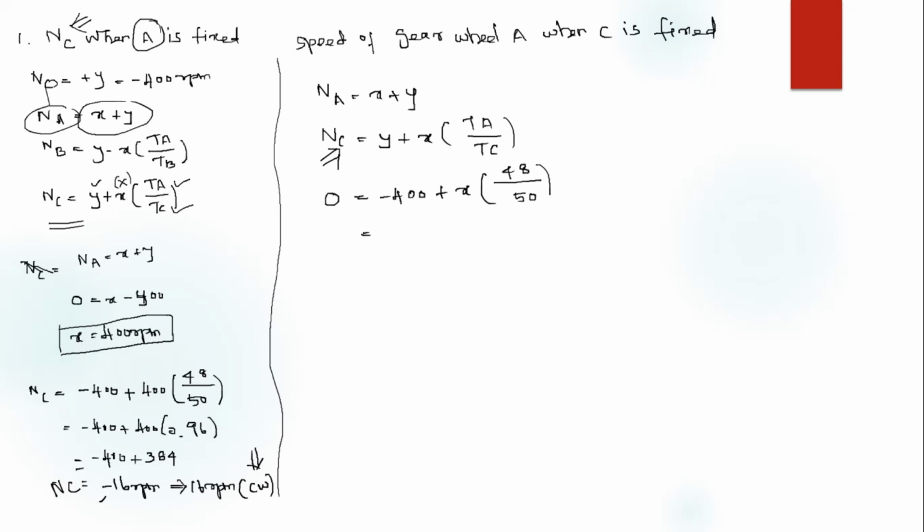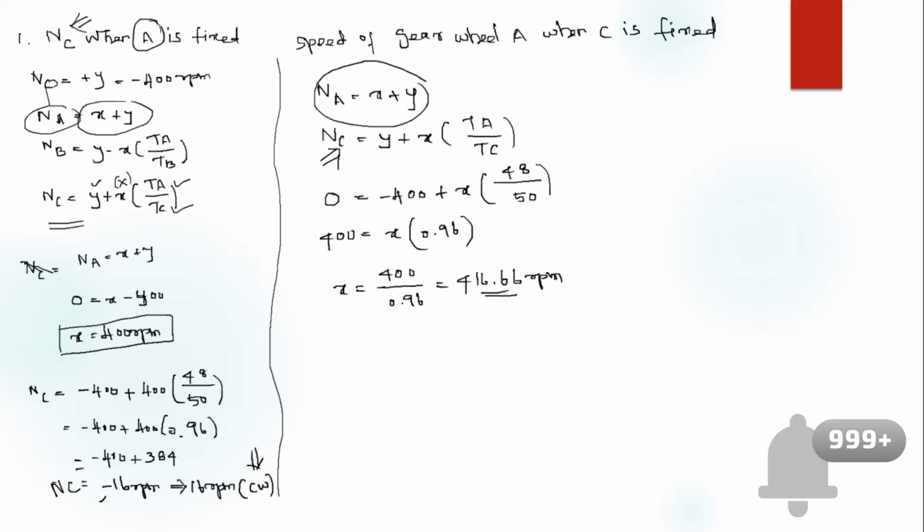Now take 400 to this side. So, 400, positive, x into 0.96, clear. So, x is equal to 400 divided by 0.96, which is equal to how much? 416.66 RPM. This is the value of x. Now, substitute the x and y values in this equation. So, N_A is equal to 416.66 RPM